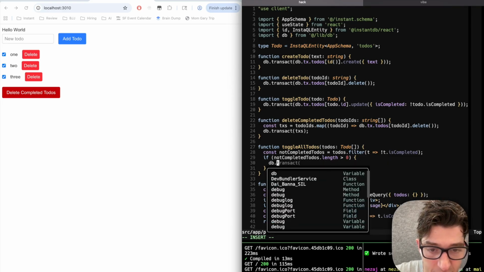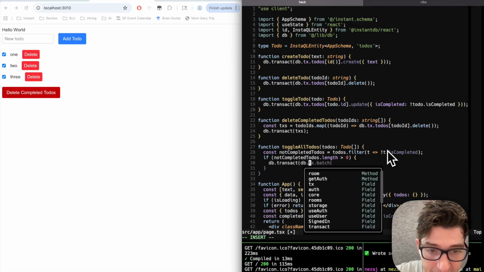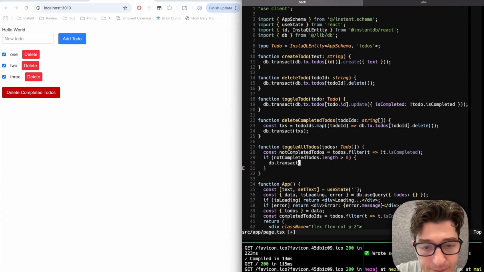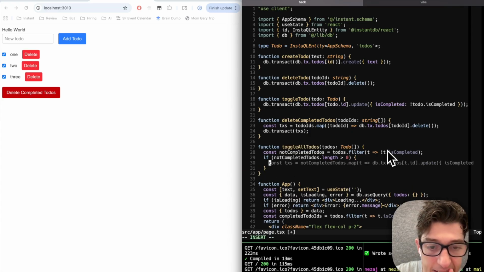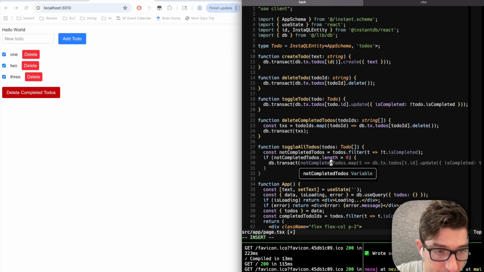We'll say db.transact. If it's not completed, we don't even have to do it like this. We can just do this, db transact not completed to-dos,